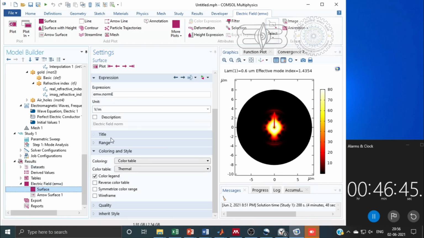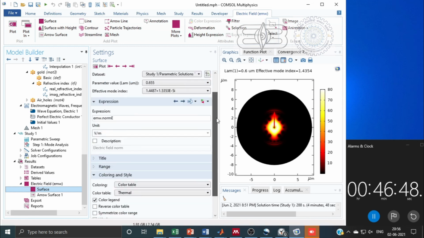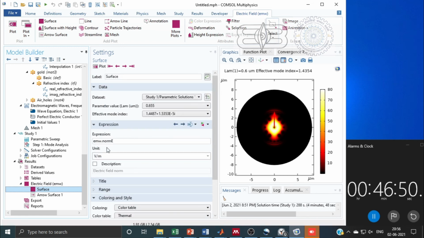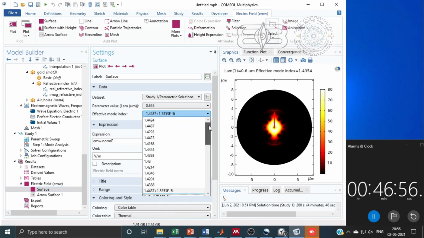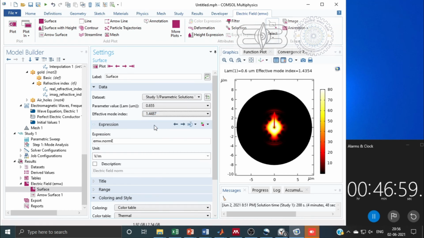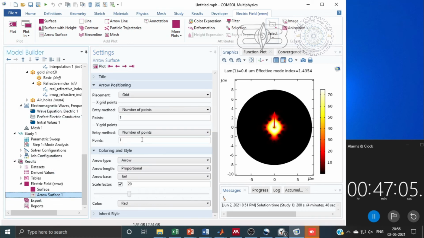So now again we will go to this surface plot, and we can see that we have achieved surface plasmon phase matching at 1.4487. So we have to now see that this is our X polarized.